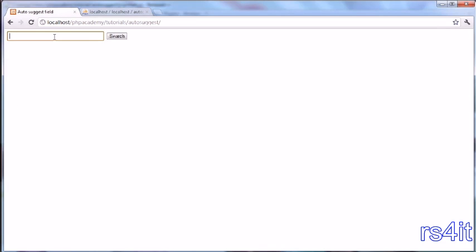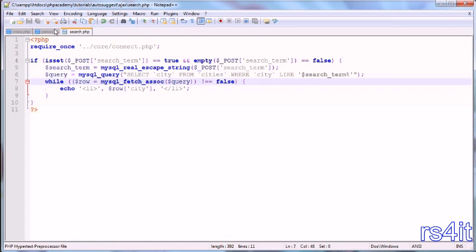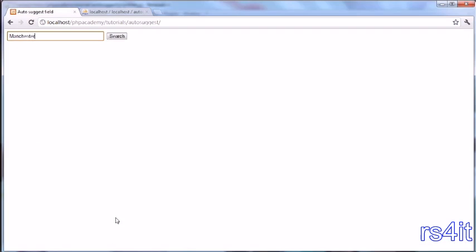So let's go ahead and try that out again. Let's type in L, click on Los Angeles, you see that the box goes, and that's in there. Again, M, click on Manchester, that goes, and the data has been put in there. So that's the tutorial complete. We've created the functionality that I displayed in the first part, and we've done this relatively easily using just a bit of CSS and our JavaScript here to handle the results sent back from this PHP file here. So relatively simple. We have a working auto suggest field that we are able to click on, have the value